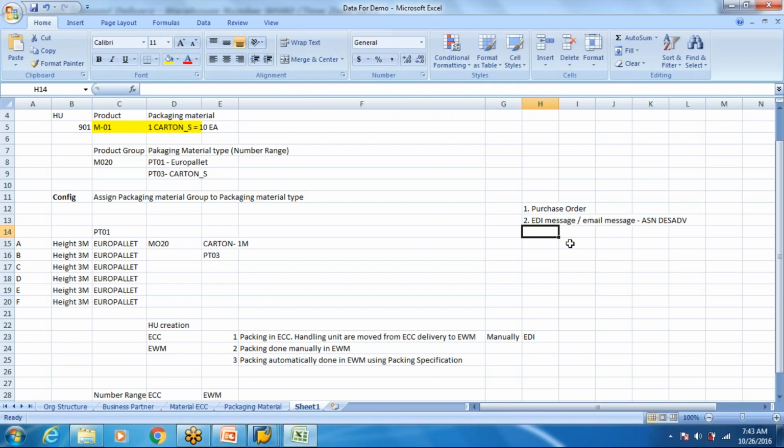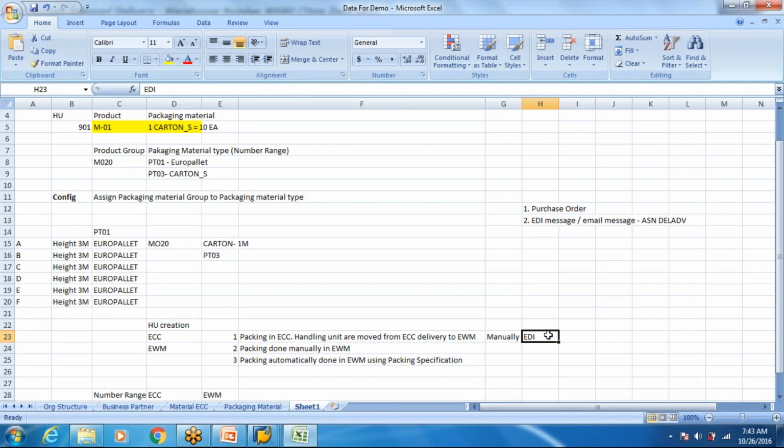All the configuration data will be maintained in the IDOC, and that data will be saved. The transactional data, what is the packaging material, what is the quantity to be packed, what is the material to be packed, all this information will be there in the standard IDOC. If you want to go through the segments, you can just see it. I don't play DESADV or the like. So this is what EDI means.